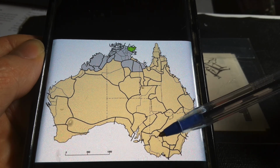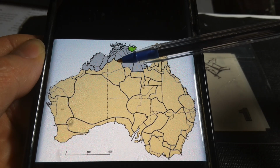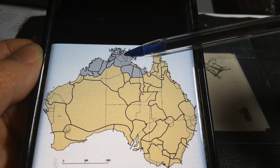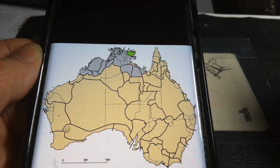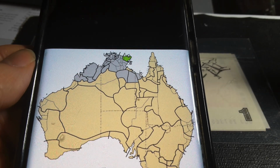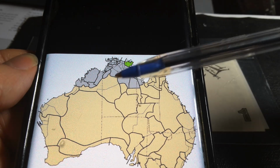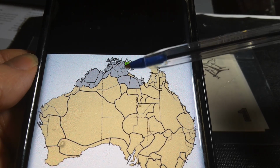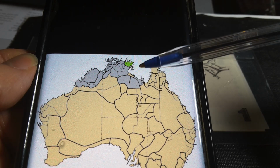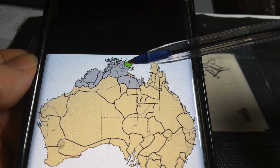As far as I know, the actual language classifications, because a lot of these, you've got the Walpiri, you've got the Arunda. So this is where the Yolngu live. Their language is quite divergent, so it's like a, what do they call it? It's like a dialect continuum. It's where at one end of the language you have the way they speak. At the other end you have another way they speak, but those two ends can't actually